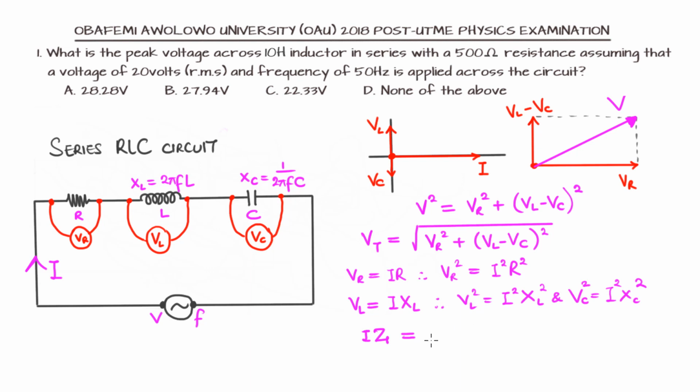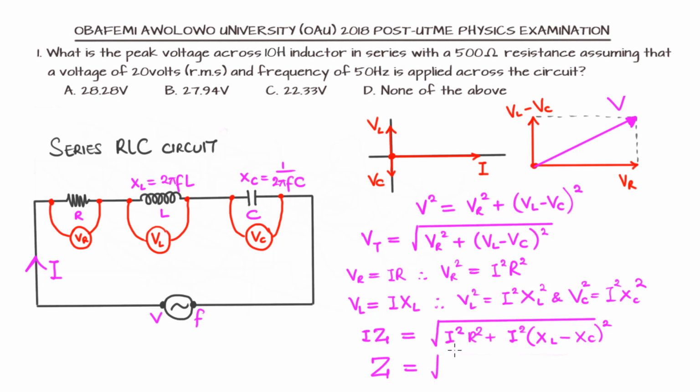IZ is going to be the square root of, now, instead of writing VR, we have I raised to power 2 multiplied by R raised to power 2 plus VL and VC. They both have I raised to power 2 common, so we can have XL minus XC. That's the difference in the inductive reactance and the capacitive reactance. So this I raised to power 2 can be factored out of the square root to cut the other I,